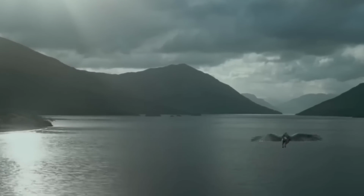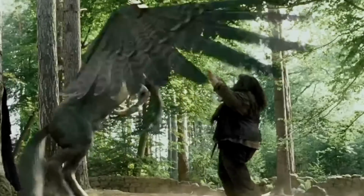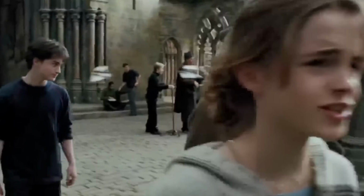But to boil it down to the basics, a good subplot explores the central theme or the central ideas of your story from a new angle that adds depth to your main plot. For example, in Harry Potter and the Prisoner of Azkaban, there is a subplot involving the Hippogriff Buckbeak, who must face an unfair trial for attacking Draco Malfoy. This explores the corruption of justice and the law in the wizarding world. And it also mirrors the main plot, which all revolves around how Sirius Black was framed for the murder of